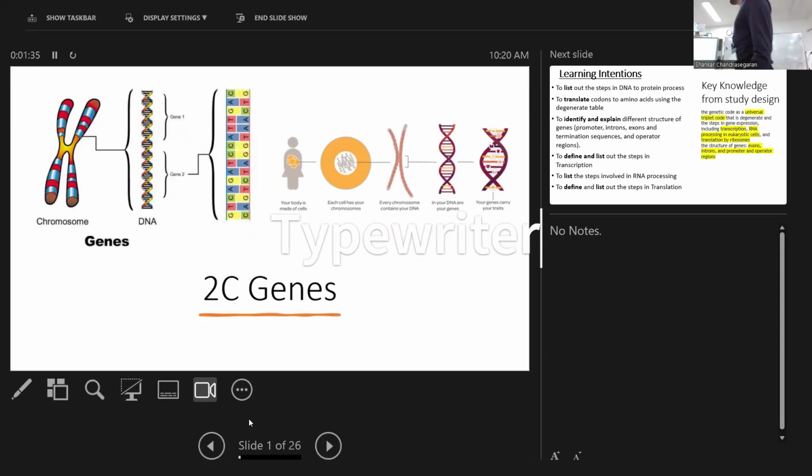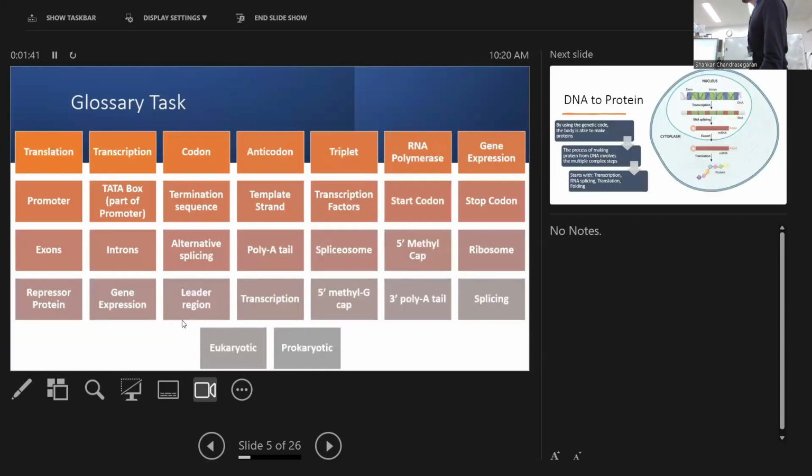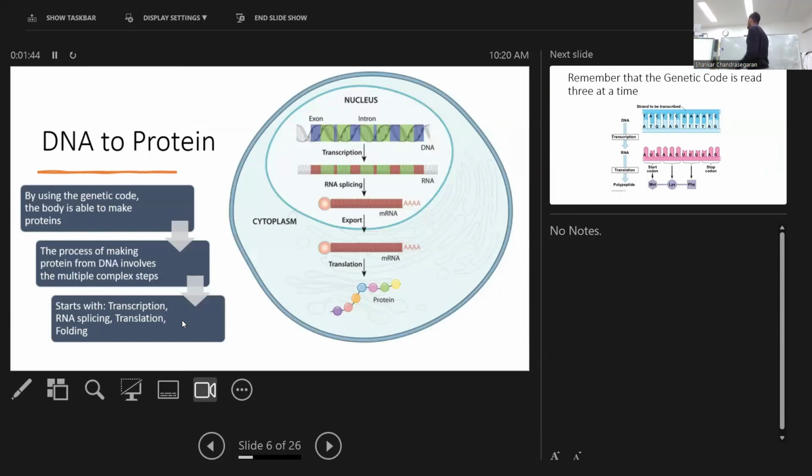So today's lesson, we're going to continue on from where we left off yesterday. All right. So yesterday's lesson, we looked at basically the first two steps of gene expression, which is transcription and RNA splicing. So transcription, we know it as being